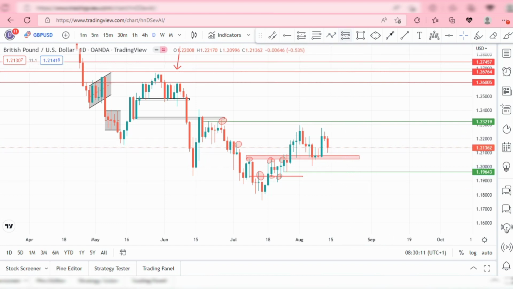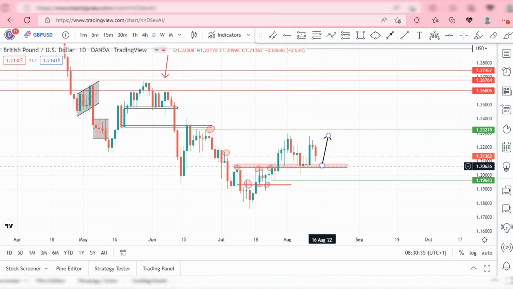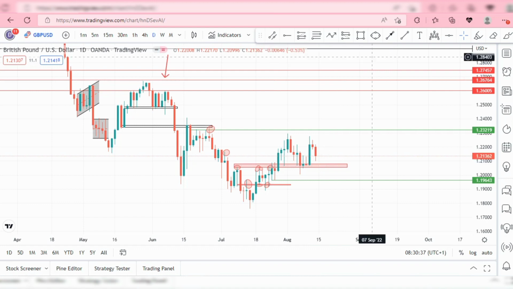Again, with forex, anything can happen. So if price gets to this support level here, it's possible that price could still reject again towards the upside, towards this area here. Okay, that's around the 1.23 area. So if price gets to this support level, gives us a bullish candlestick pattern, then we can end up taking our buy trades to the 1.23 area. If not, then most likely price would break that level, but generally speaking,